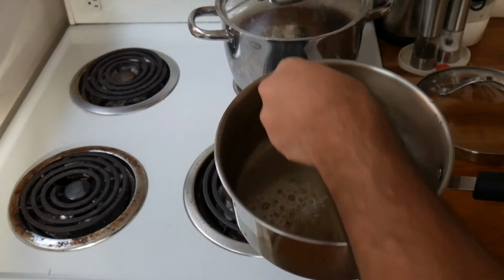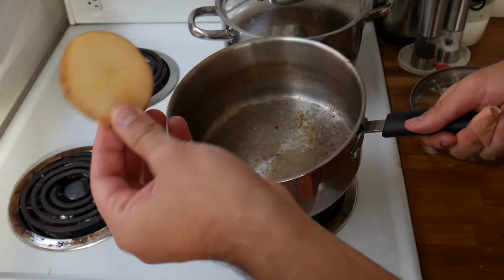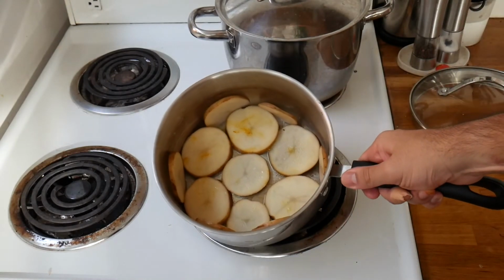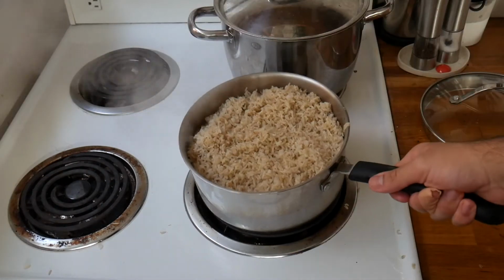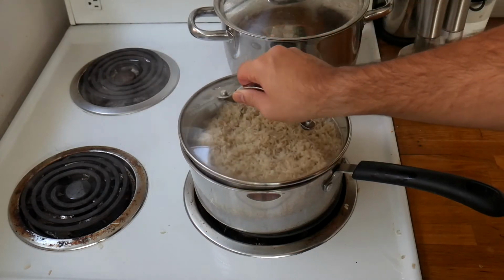Okay, so now I'm just going to layer this bottom part with my potato slices that I've sliced like this. So you see I've layered the bottom with potato. I'm just gonna bring my rice back and I'm just gonna pour it back in here now. So my temperature is about halfway on the stove and I'm gonna put the lid on and let it simmer